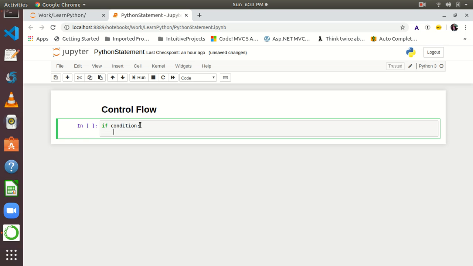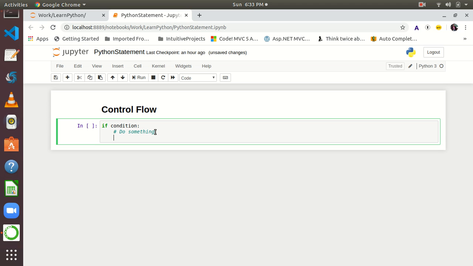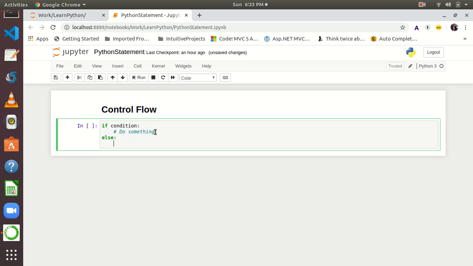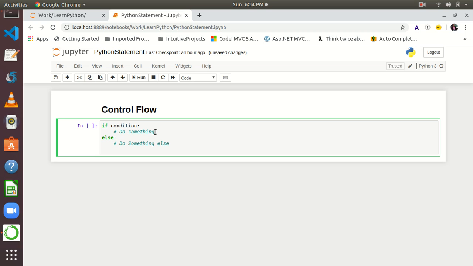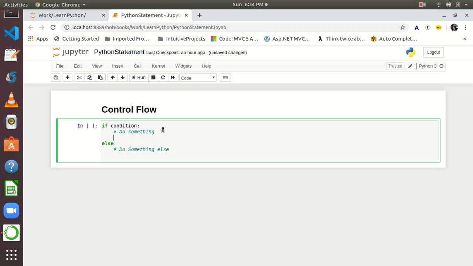If condition colon, basically if the condition is satisfied, do something. If not, do nothing. Let's say I want to give else, and then here we can say do something else, like this. If we want to specify more than one condition, we can give it like this,